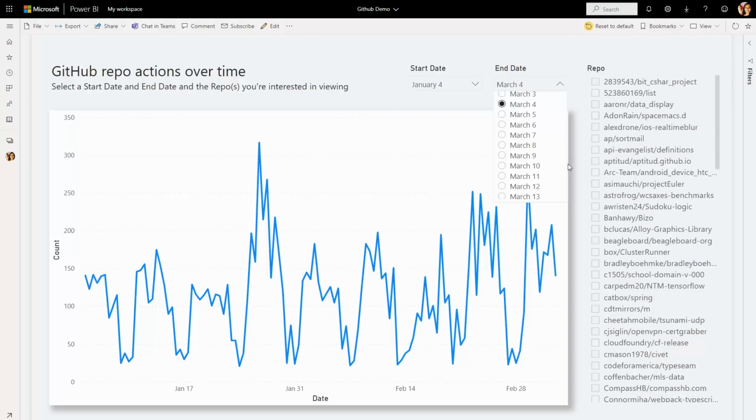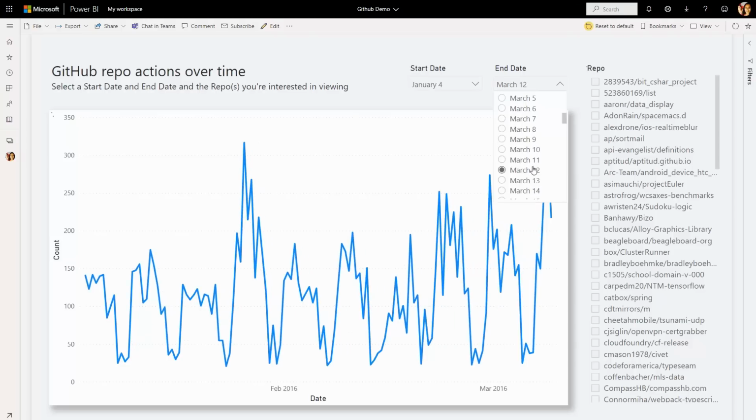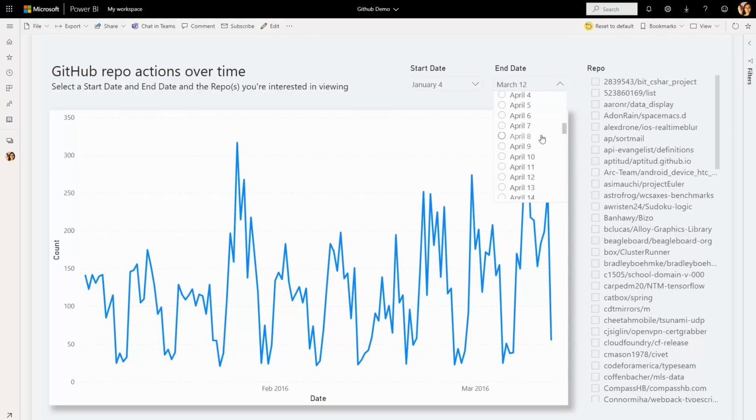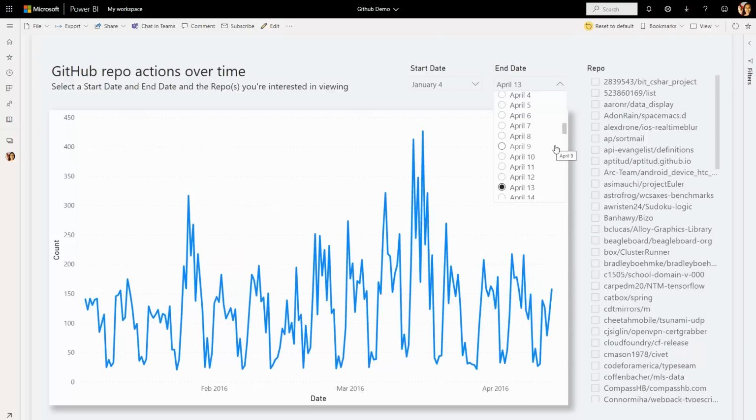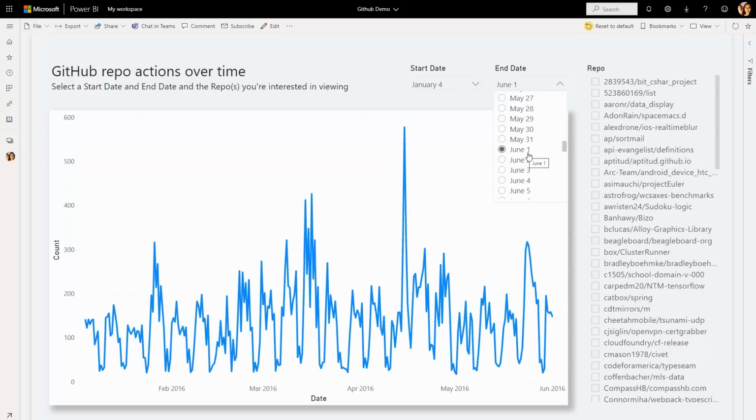filter or slicer selections. By giving authors control over how end users' filters get incorporated into the source query, they can optimize the performance of the query and also allow end users to freely interact with the report using slicers or filters. Let's take a look at the end user experience. You'll see that the end user experience will feel the same as a standard report, meaning that by simply changing a filter, the query parameter is automatically updated based on their selection. Previously, this was something that was not possible at all.